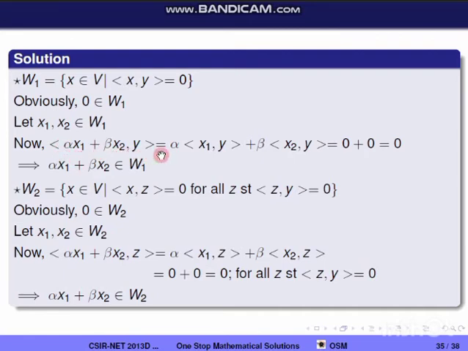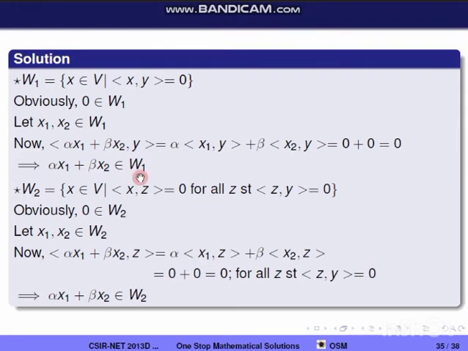This can be written as inner product alpha x1 comma y plus inner product beta x2 comma y, taking alpha and beta outside. So this is equal to alpha into inner product x1, y plus beta into inner product x2, y. x1 and x2 belong to W1, so inner product x1, y is equal to 0 and inner product x2, y is also 0. So this is equal to 0 plus 0, that is equal to 0,